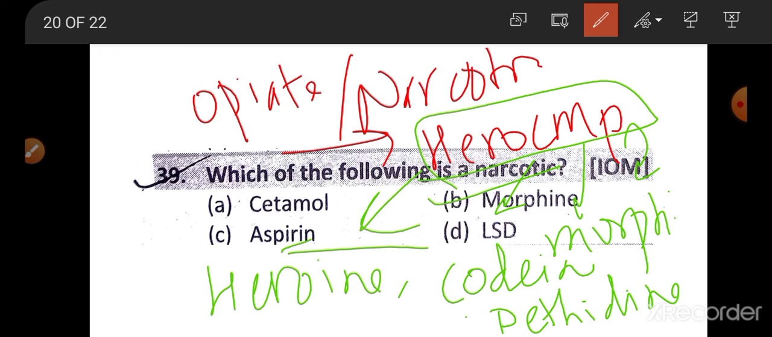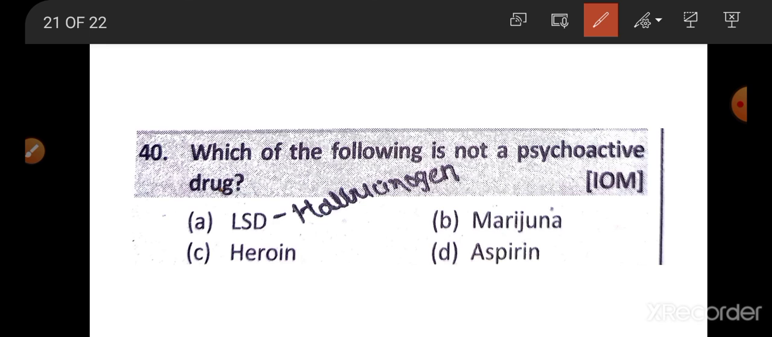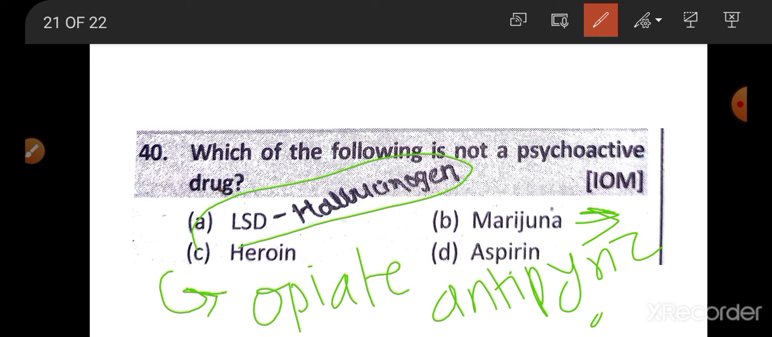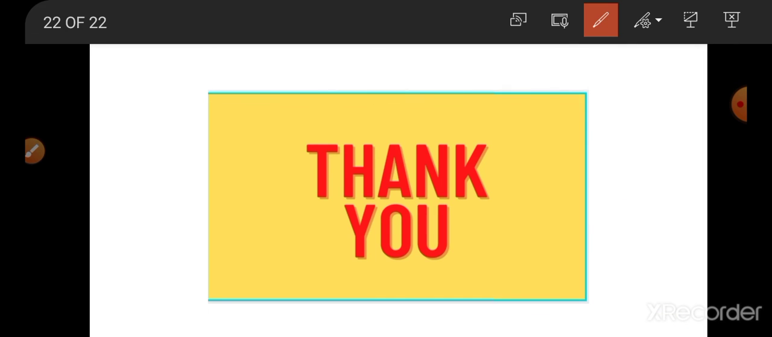LSD is hallucinogen. Which of the following is not a psychoactive drug? LSD is hallucinogen. Marijuana is also psychoactive drug. Heroin is opiate narcotics. However, aspirin is antipyretic and analgesic, both. In this way, we finished 20 questions. This much for